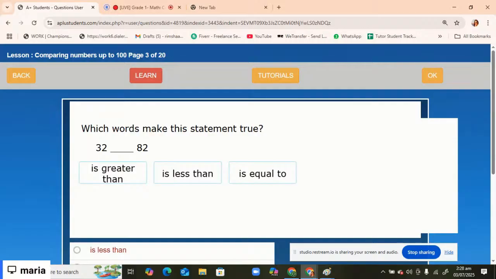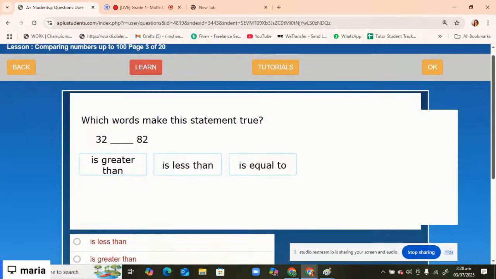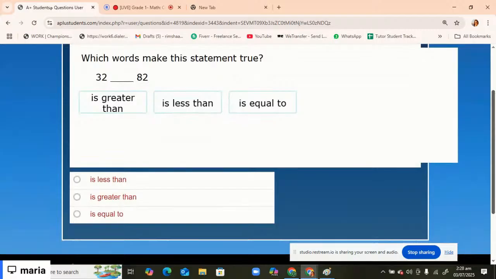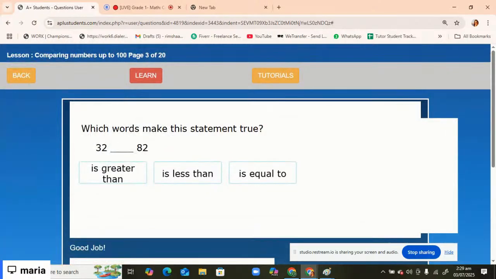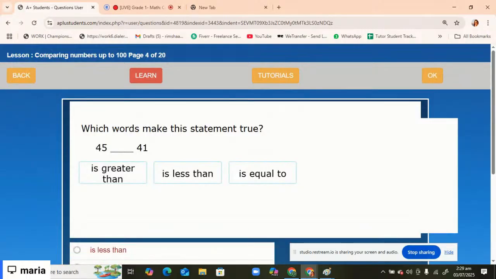Tell me, everyone in the chat, please. 32 is less than 82. Okay, very good. Hope you guys understand this lesson as well. Okay, now let's do only this last question. Okay,